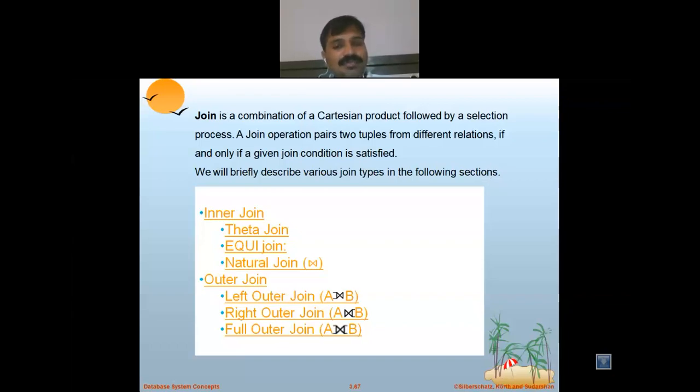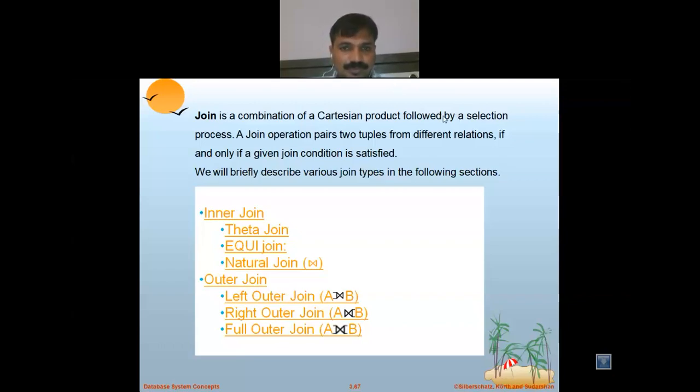For the Cartesian cross symbol and join concepts, there are different ways we can write the symbol, but this is a binary operation. Binary operation means two tables are required. Projection and selection are unary operations, where one table is there and we display the result. So we use selection and projection for unary operations, and binary operations need two tables. Union and intersection are part of that, and the Cartesian product and join are also binary operations, where two tables, that is, two relations, are required.